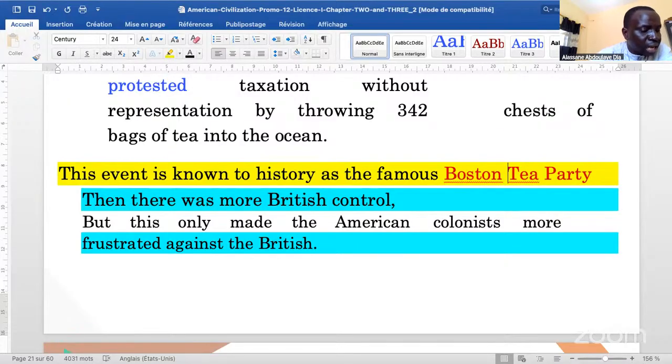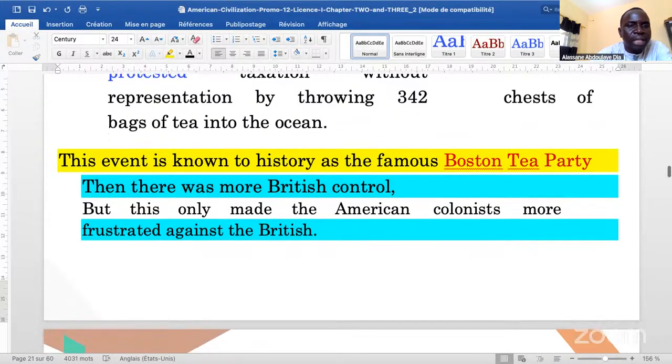They don't like the taxes and they are not happy with the Boston Massacre. So they responded. They went to the port, they picked some bags of tea and they threw them into the water. That is called the famous Boston Tea Party. Then there was more British control. I hope, class,